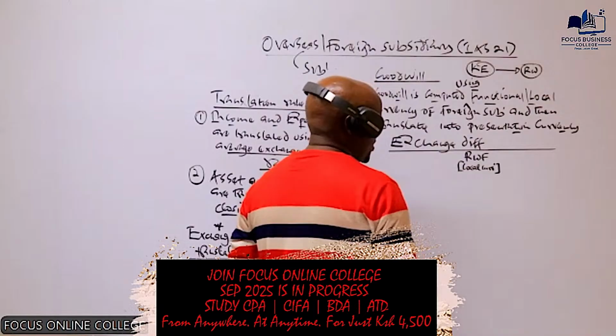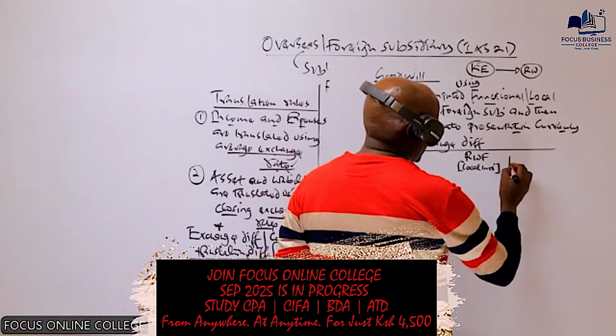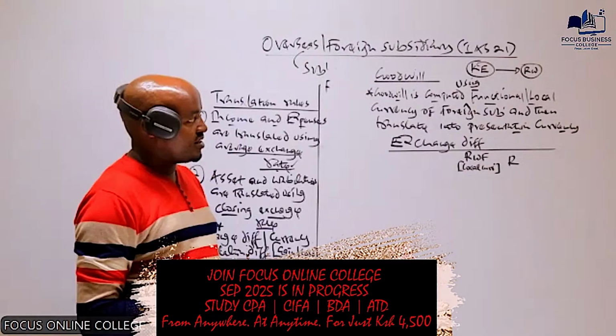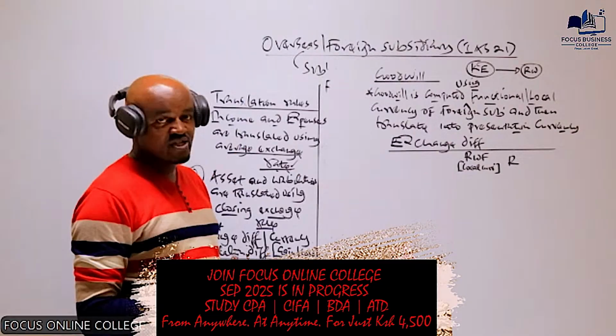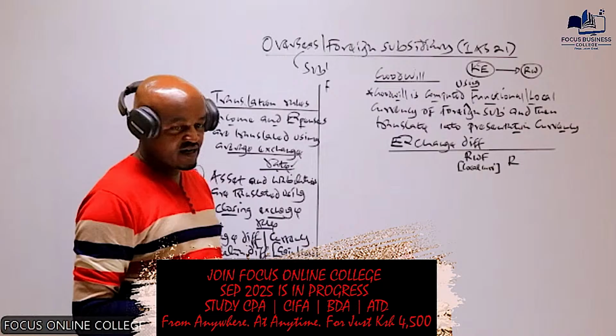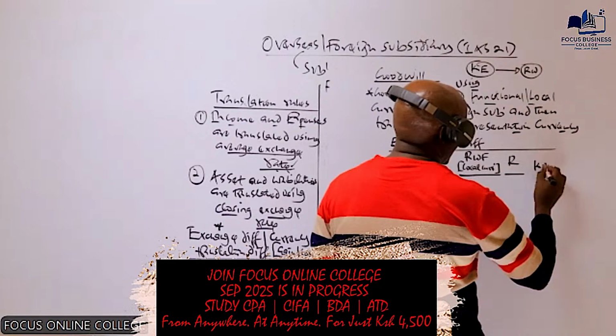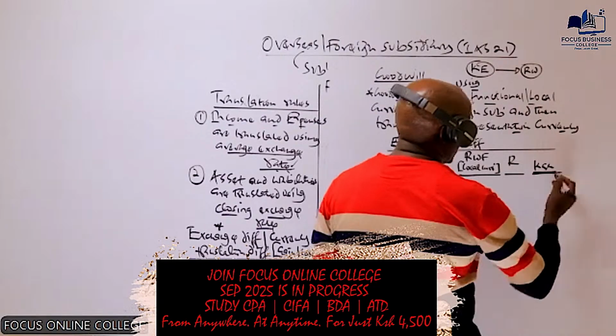We have a column for the rate of exchange, the exchange rate between Kenyan shillings and the Rwandan franc. And then we translate that into presentation currency,